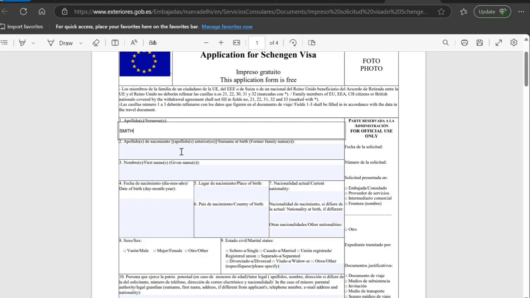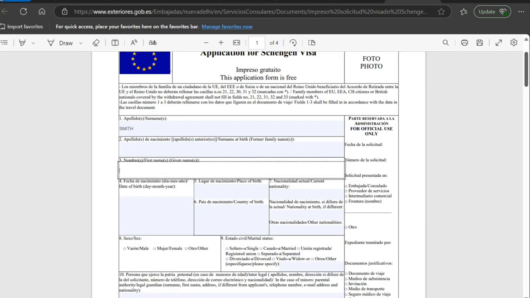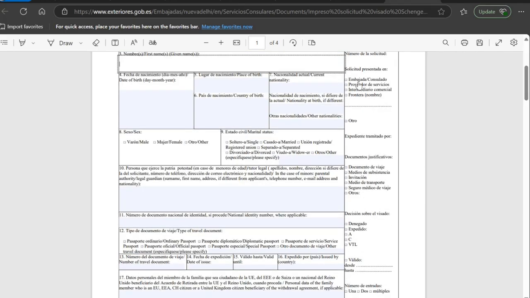Surname and birth, if former family name. First name, given name. Just to fill it as per, I'll just explain because I don't have to show it. Date of birth: this format you need to match. Place of birth, country of birth, these things should match with your passport. Current nationality, other nationality. If you are an Indian citizen, it's not possible to hold other nationalities because India does not allow it. Gender,